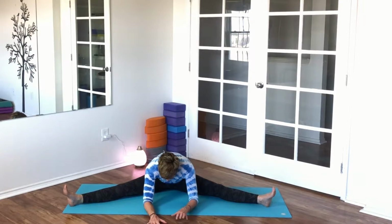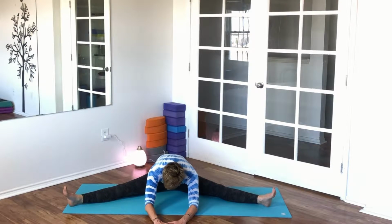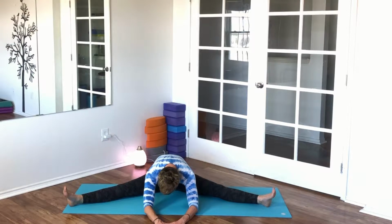Maybe walking a bit more forward. Depends on your flexibility. Do what you're ready for. Listen to your body. Don't overdo it. Don't force yourself. It's supposed to be gentle and easy. For these times of the day or in life where you feel tension and stress, where you need something to wind you down to relax or go to sleep,